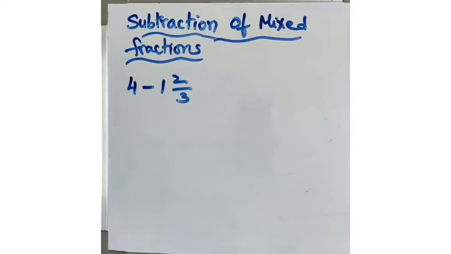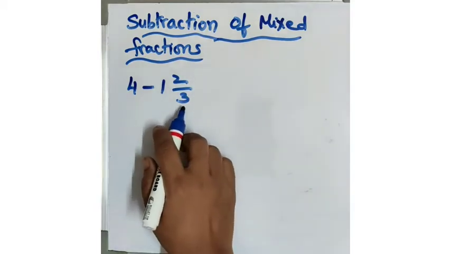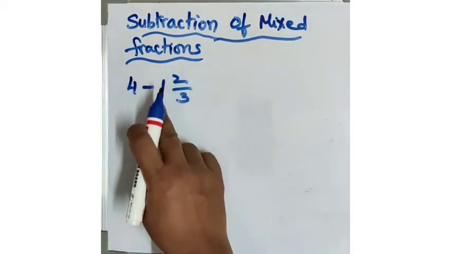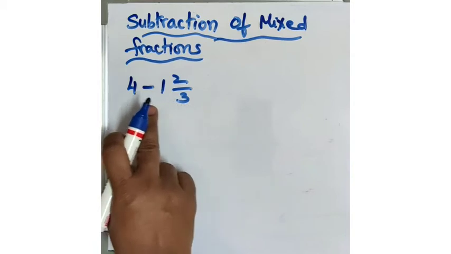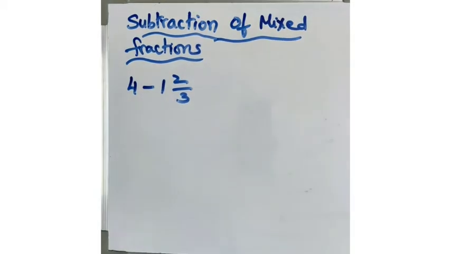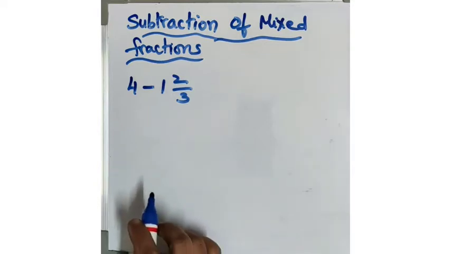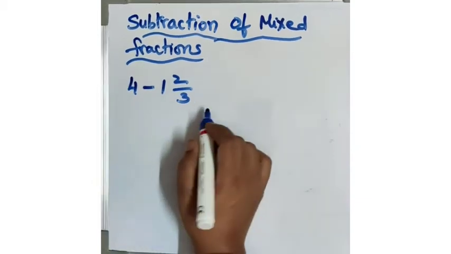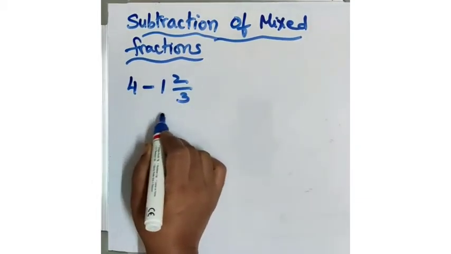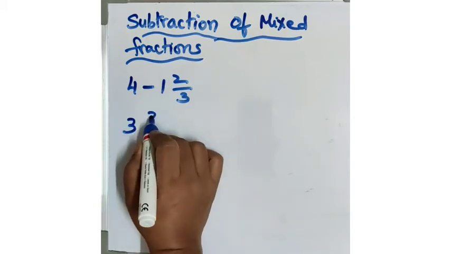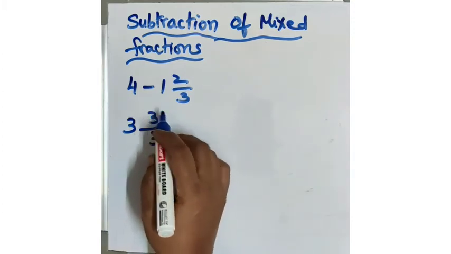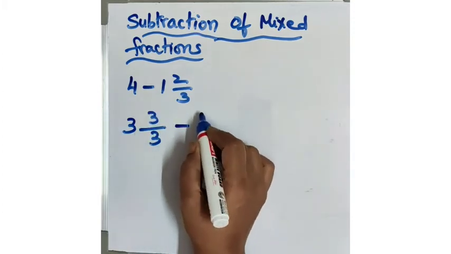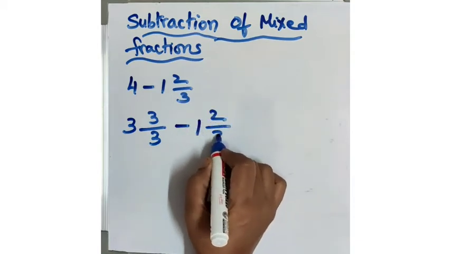In the traditional method, we make the denominators the same, write each as an improper fraction, make the denominators the same for both fractions, and then subtract. That is a very big and tedious problem. Now in the simple method, first make the base the same. See here, 3 by 3. If you take 3 by 3, it is the same. You get 4. So here 1 2 by 3.